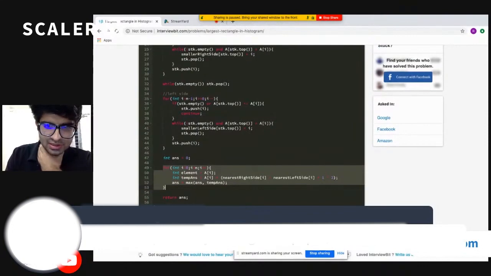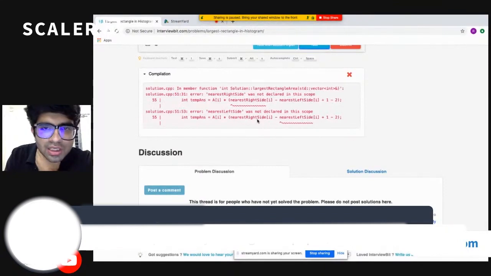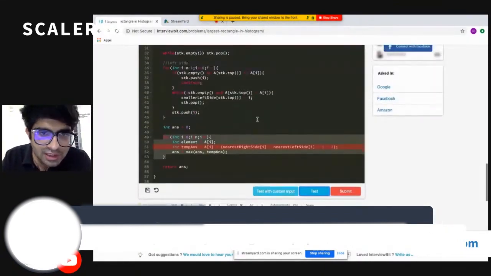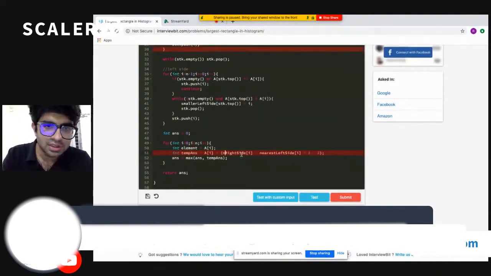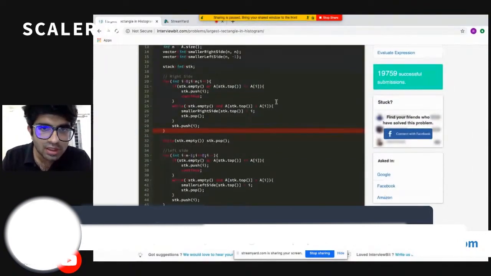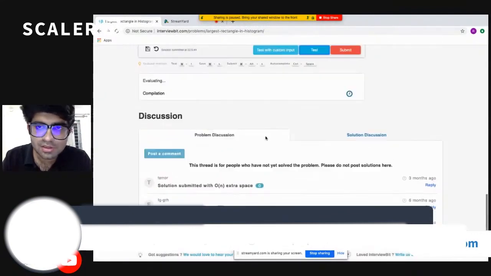Now let's test my code first. Okay. Let's see the errors. We have an error at the 51st line. Okay, I guess the error is that it's not nearest, it's smaller. Smaller. And is there anything else? Okay, this is correct, and you need to push. Okay, now let's test it again.